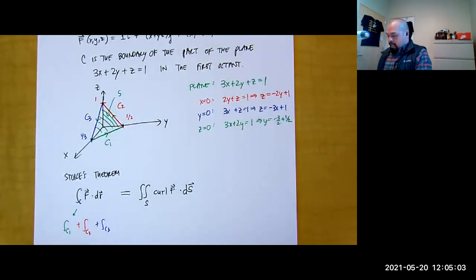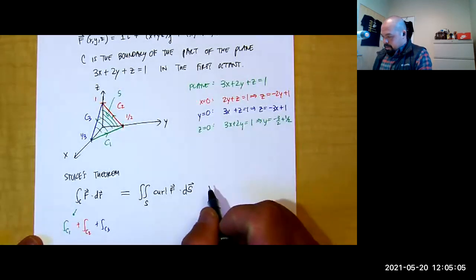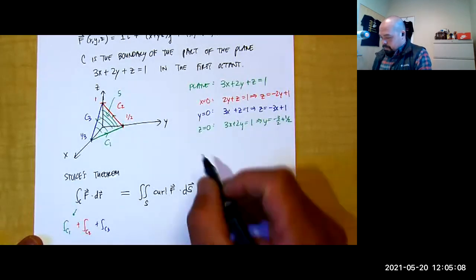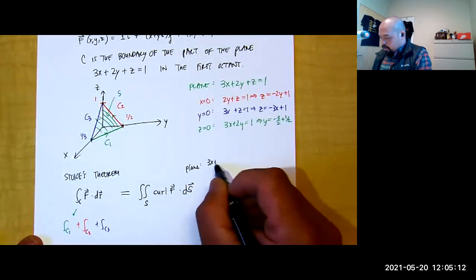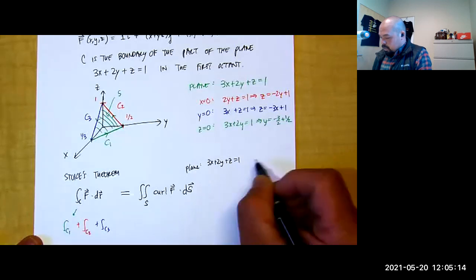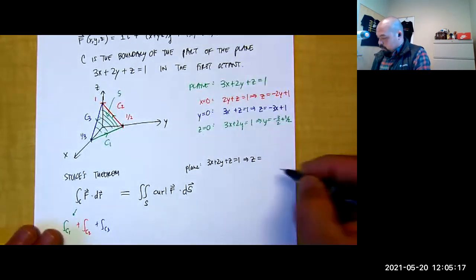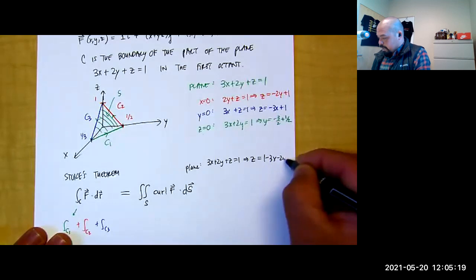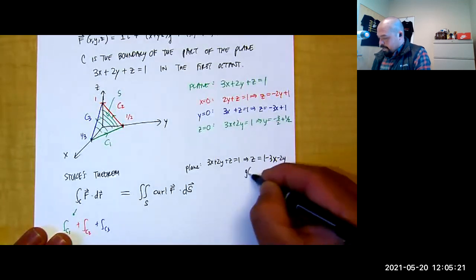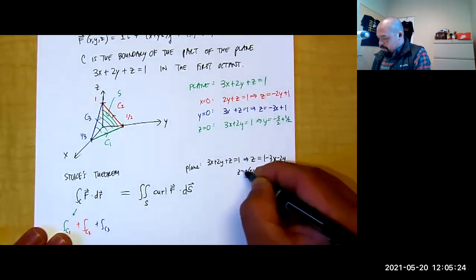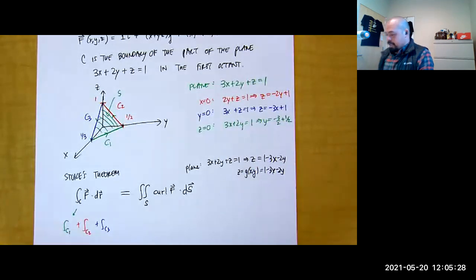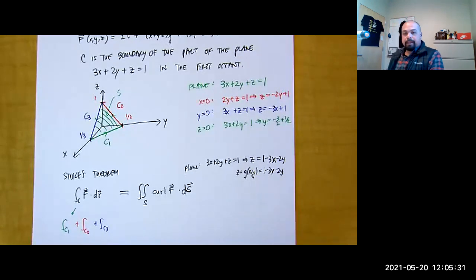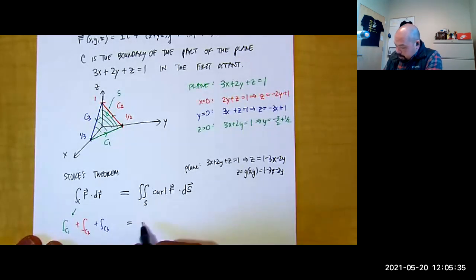And so for that plane, 3x plus 2y plus z equals 1, the same thing as having z equals 1 minus 3x minus 2y, what we had back in the surface integral discussion lecture, that can be our g of x, y, z. We parameterize in terms of x and y. And this integral